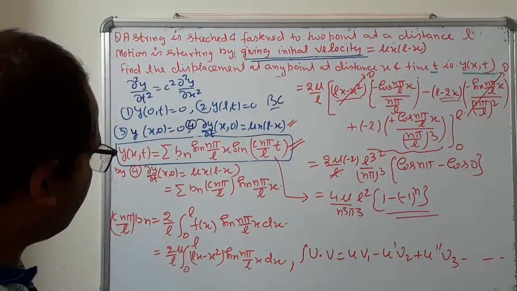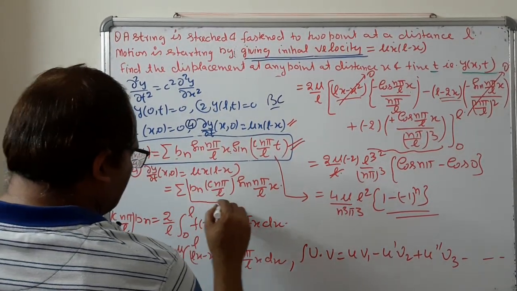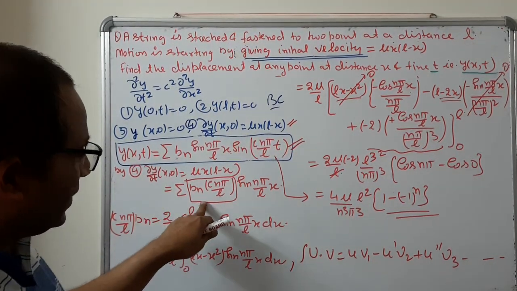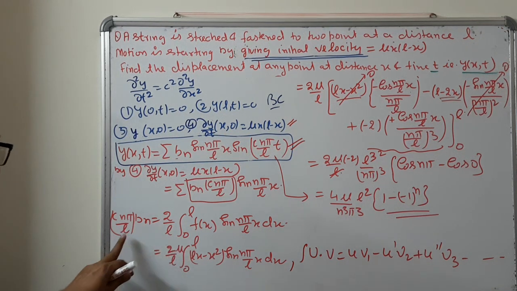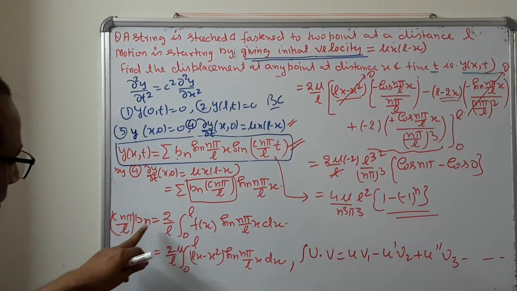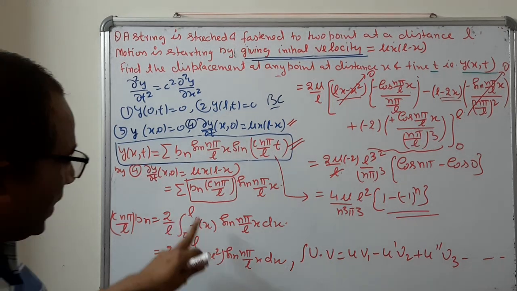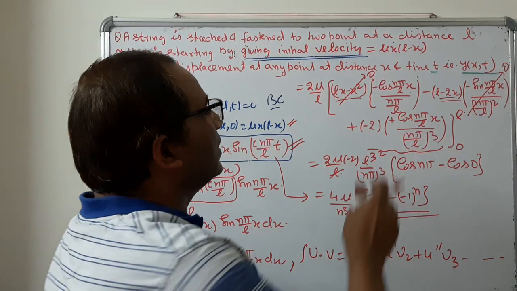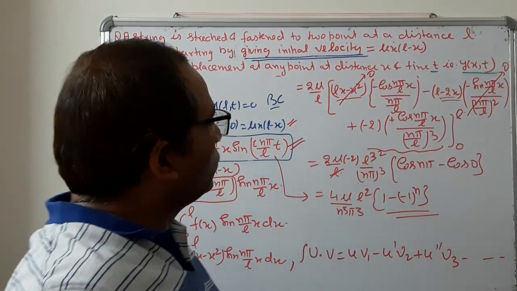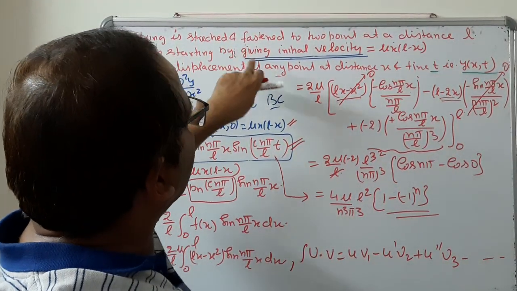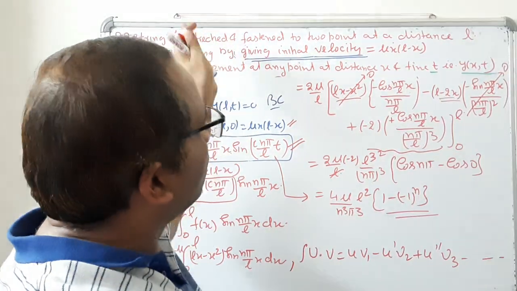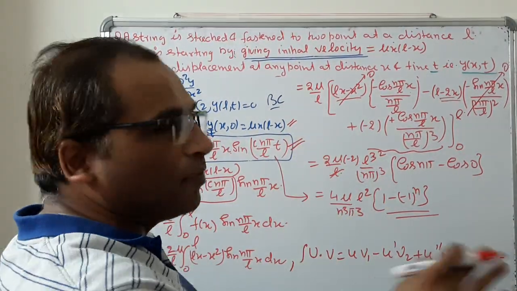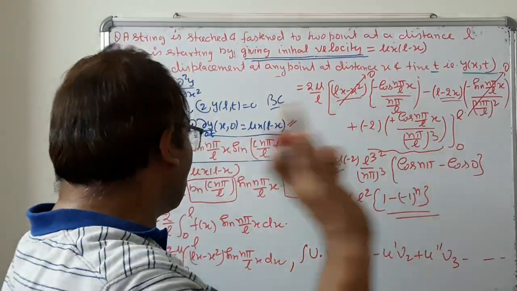Then apply the Fourier series. In this case, this whole term is the coefficient, as in the earlier formula where it was bn. So we write bn into c n pi upon L equal to 2 upon L integral 0 to L f(x) sin(n pi x upon L) dx. In these types of questions with mu x (L minus x), note that earlier this same function was used for the initial displacement, and now the same function is used for the initial velocity. So you should be careful about which type of question it is and then solve accordingly.